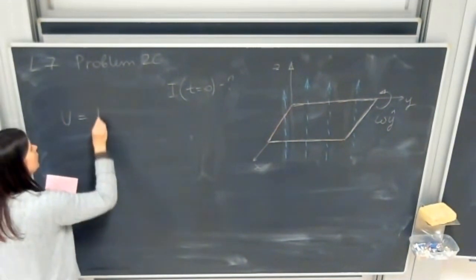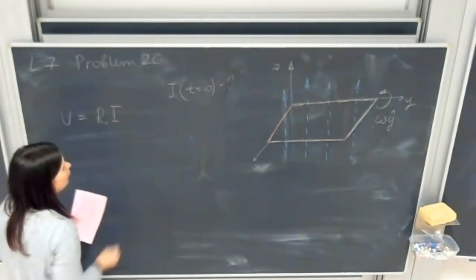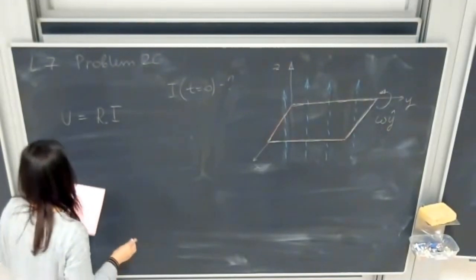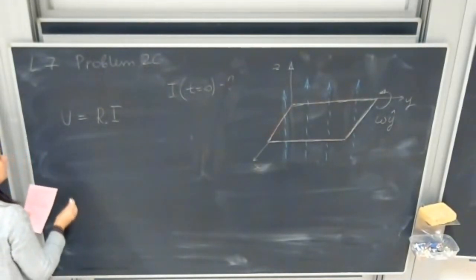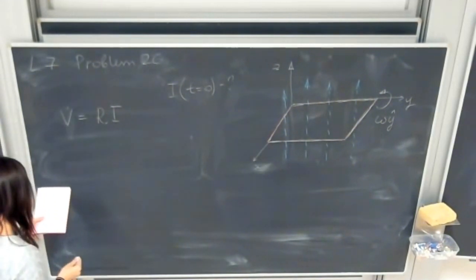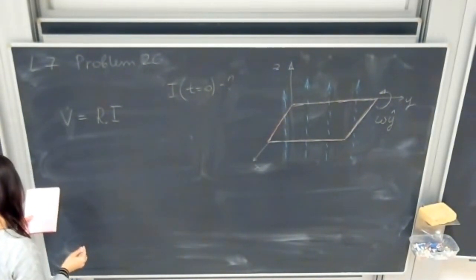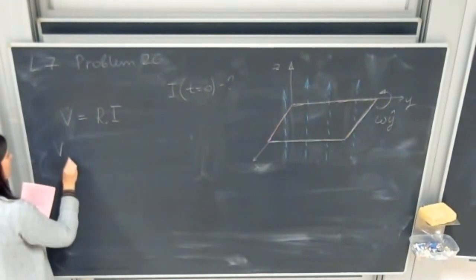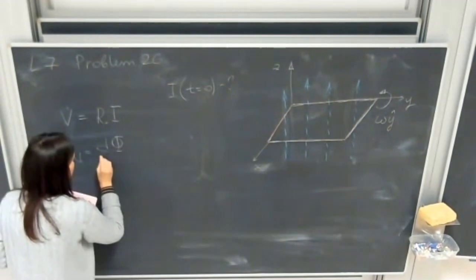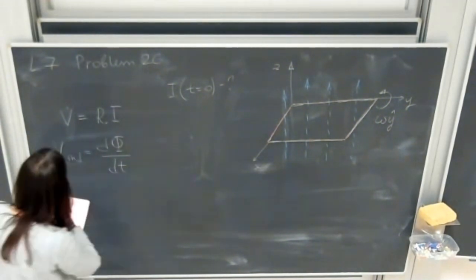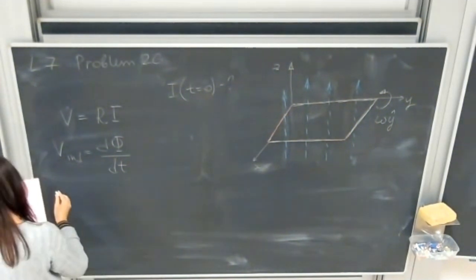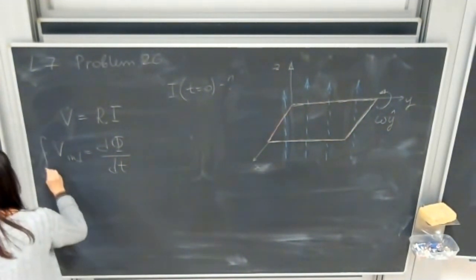U is our resistance times current, the voltage, and then the induced voltage, together with this